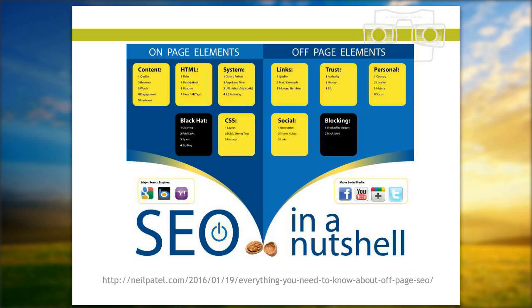Off-page elements are things like getting quality links, trust, authority, and history. So history is, if you've been around for a while, over time you build more and more authority, so long as you're doing the right things online. Then there's personal factors, so your country, locality, history, and social things. And social, so things like, are people sharing your pages? Are people linking to you? And what is your reputation like? So these are, again, telling you what other people think about you.